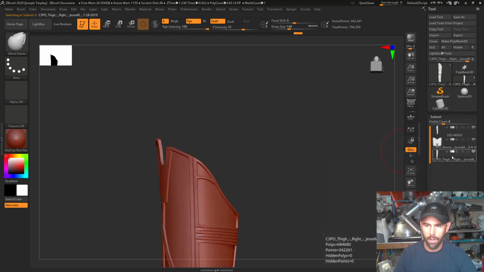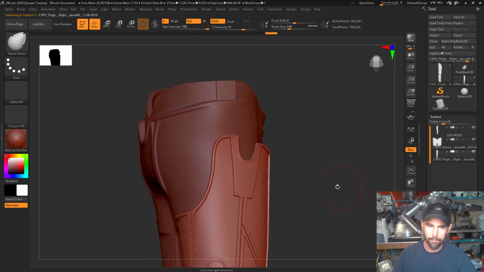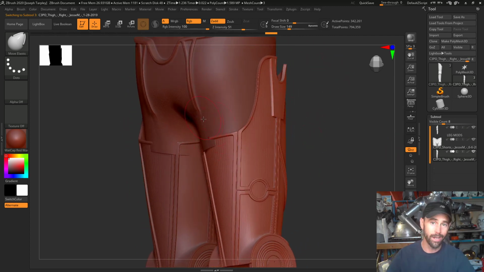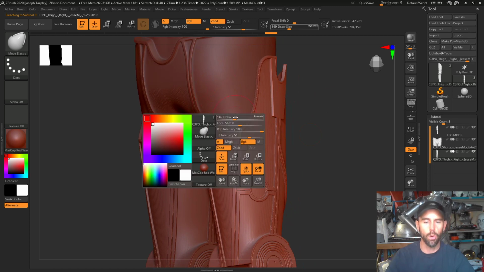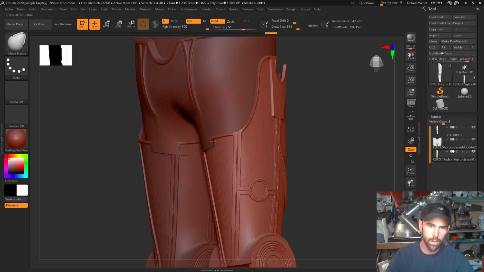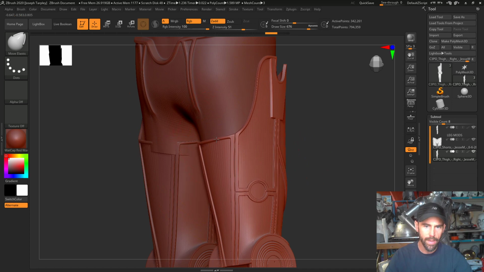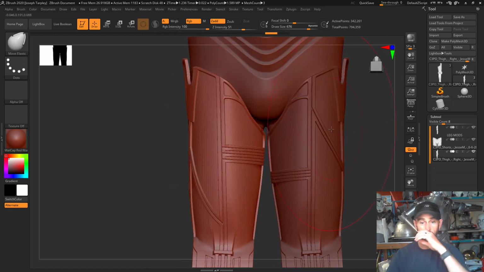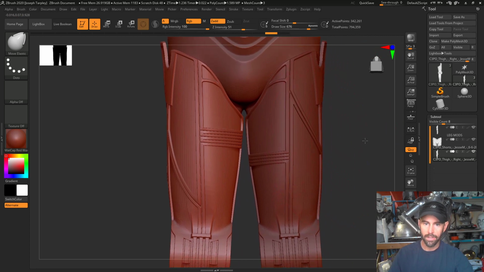Same with the legs. So we're going to go back and turn the legs back on. And you can see how they're conflicting here with the shorts. Now you could use that move tool again and push it out, but you can see it doesn't quite affect as much as you want. If you make it too big, it starts to make everything weird. But an easier way to do that is to